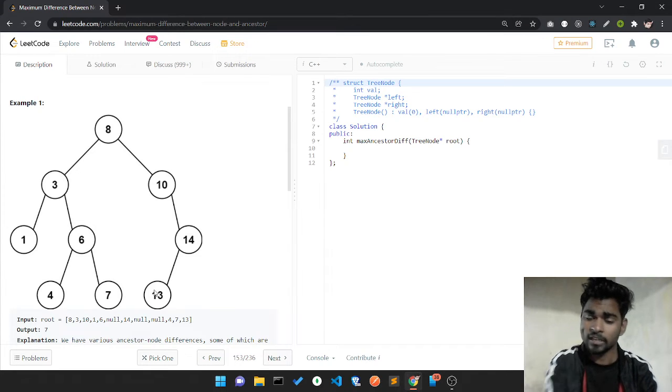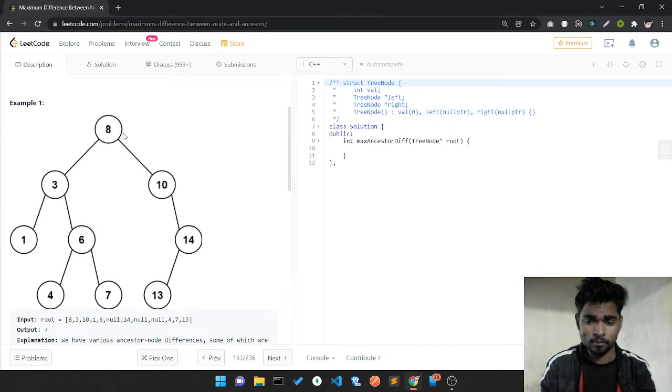So what can we do for finding whether it is an ancestor or not? One clear picture is that we don't pick two nodes and first check whether one is an ancestor of the other.